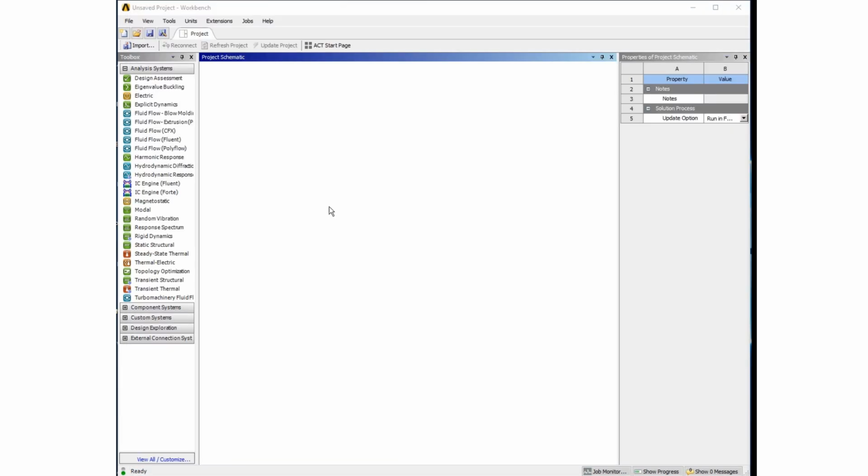So after opening Workbench, you come to Static Structural, click on it with the left mouse button, drag it and drop it. You can also simply just double click on Static Structural. This icon comes up and we can change the title of this. I will type in 2D Truss for title name,